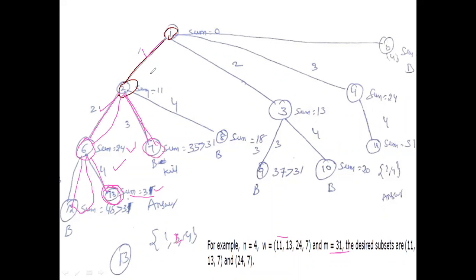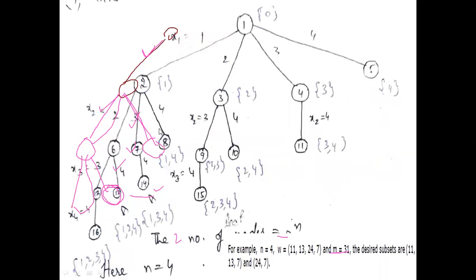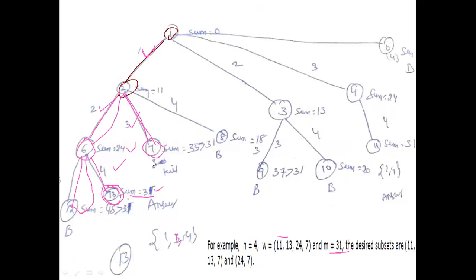The seventh node represents the sum of the first element and the third element, which is equal to 35. It is greater than 31, so the seventh node cannot generate children because it does not satisfy the criteria function. If the sum of the elements is less than 31, you can generate another child. Actually the seventh node has one child, the 14th, but the seventh node is killed because it does not satisfy the criteria function. That means the sum of the two elements is greater than 31.